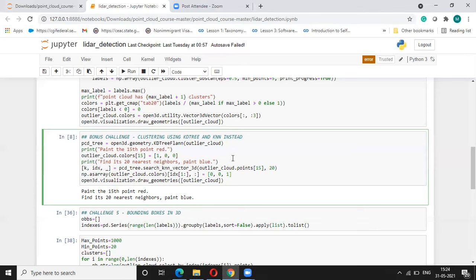So with this pcd tree we have search_knn_vector_3d, and we store the results in k and idx, and then we provide different colors to different values. Here we are providing blue color to all those values, and then we are just visualizing it.